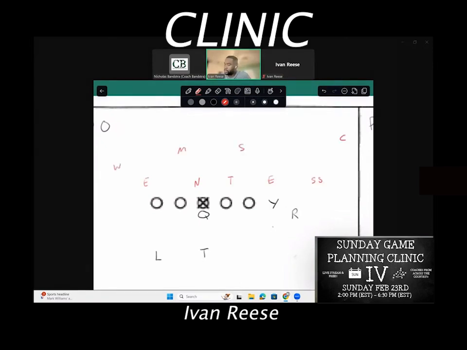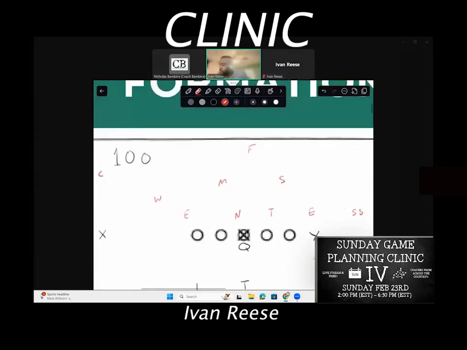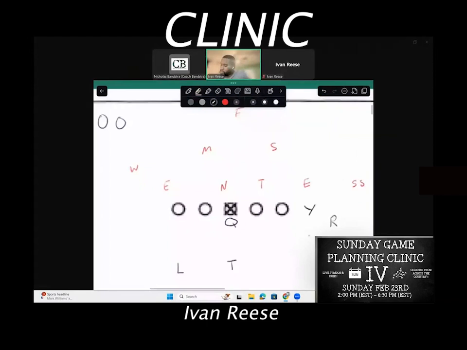Okay, so if we were to run it this way here, you have the center blocking back, play side guards going right to backer here, play side tackle going at the backer. He's inside releasing, looking to cut him off here. If this guy's going to squeeze, he's going to basically pull check to make sure this guy isn't blitzing here. So he's coming inside, pull checking. And then